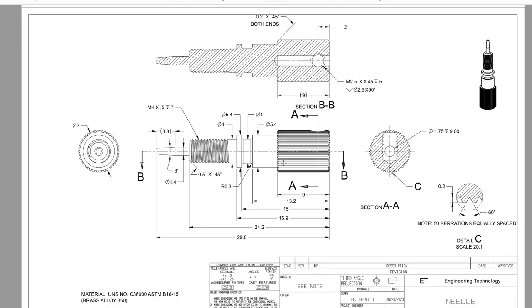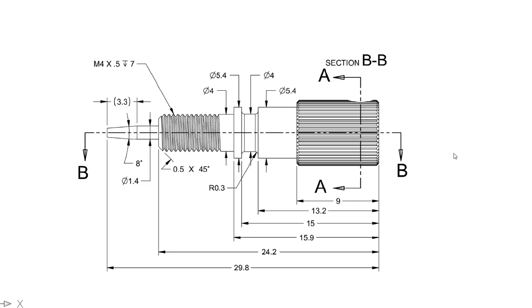So as we develop our modeling strategy, we'll look at different ways that we could model this. We could model it as maybe a series of circles that got extruded. But I think it makes a lot more sense in this case to model sort of the profile of this. Notice a lot of dimensions on this view. A lot of the profile view is dimensioned. And so what we're going to do is create sort of the exterior profile here. So we're going to have a sketch that follows this path, and we're going to include the taper on that. And so this is kind of the general shape that we're looking for, and then we're going to revolve that